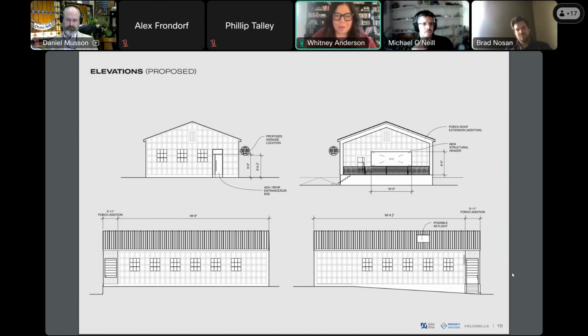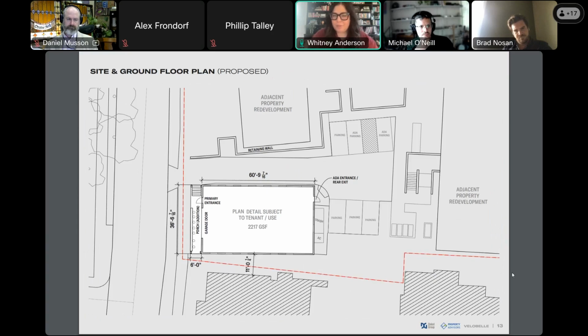I mean, there are little things I'm looking at too, like the trash behind the building, which is obviously a necessity. Trash from a commercial building versus a home is going to be very different, and that being so close to someone's house. If there could be an enclosure or something around the trash, that could help prevent smell and things that happen in the summer. I think that would be helpful. You don't have a picture of the back of the building, do you? And how that relates to the home?